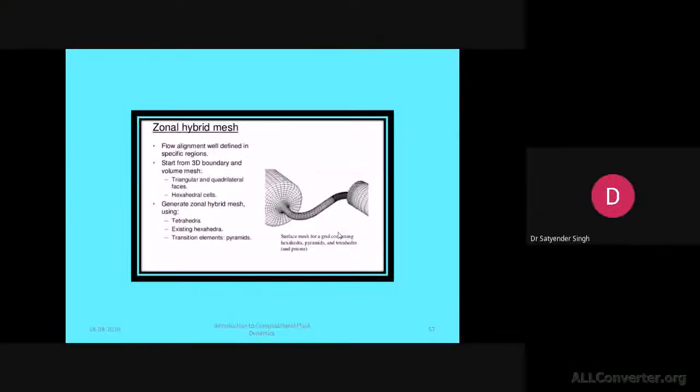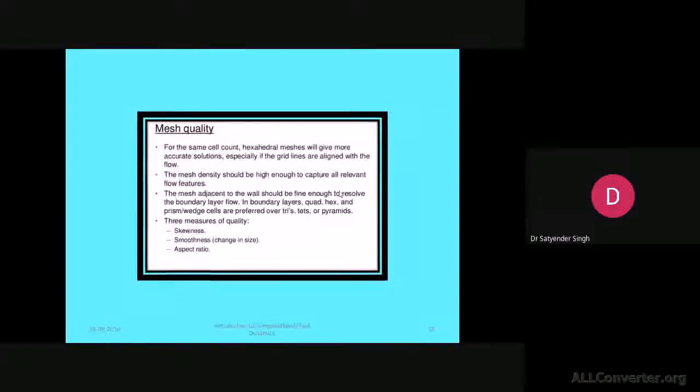So we also have the zonal hybrid mesh for a particular zone. If you want to make it coarse or fine, then accordingly by phase splitting or different ways, you can provide a more dense mesh somewhere. So that will be the zonal hybrid mesh. Let's say here you can see maybe the tetrahedrons, and here a perfect structured grid has been created. So this is actually the hybrid mesh, and as per the zone, so zonal hybrid mesh.